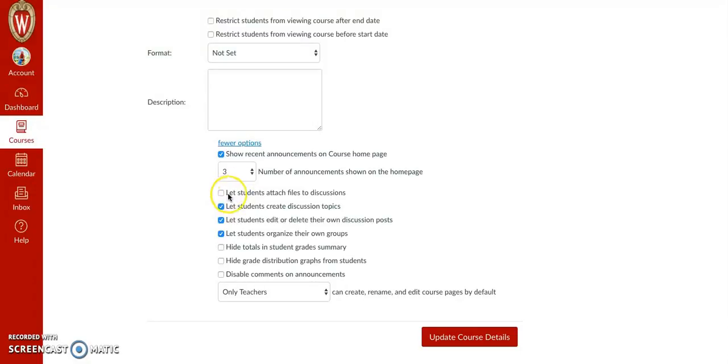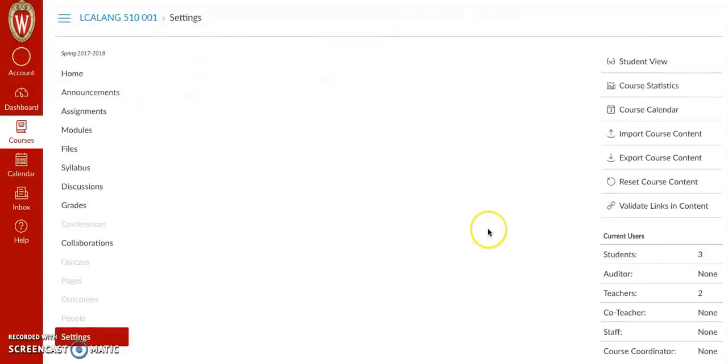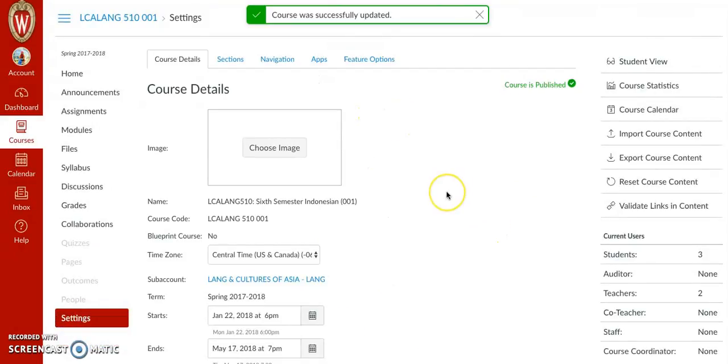And then you can also see here: let students attach files to discussion, let students create discussion topics, let students edit or delete their own discussion posts, let students organize their own groups, hide totals, and so on. So you can set it up, and if you are done updating your course details, then click on update course details. Okay, now